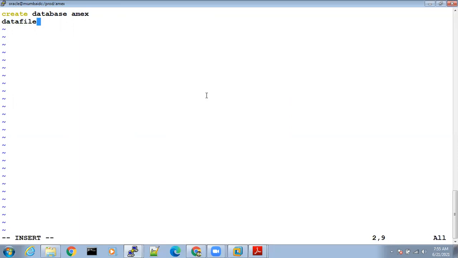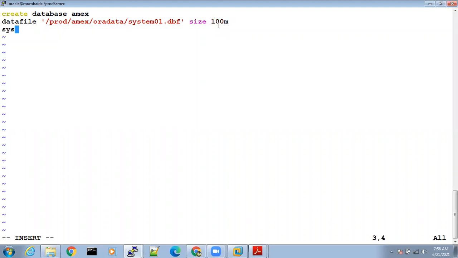Data file, single quote /prod/mx/oradata/system01.dbf size. Okay. Size, give 100M. Okay, 100M.